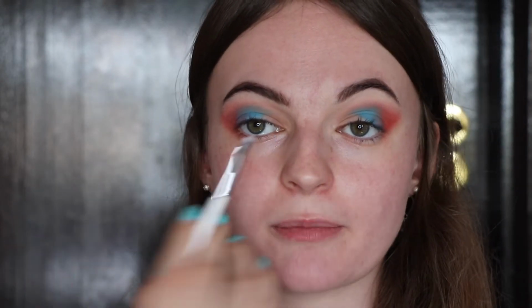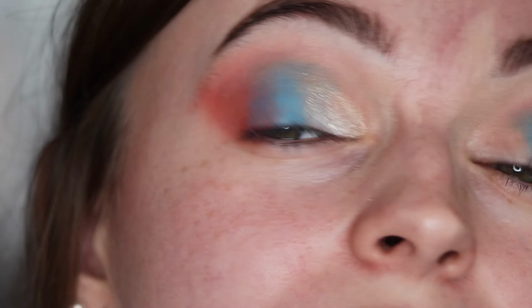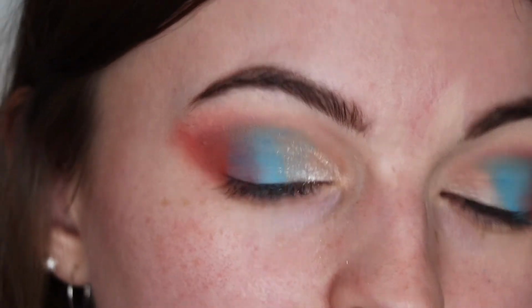Now finally I'm going to take a really small glitter brush. This is actually called a highlight brush. I'm going to use that for that Colourpop shimmer on my inner corners. So yeah. See what I'm talking about? I don't know how well it's coming up on camera, but